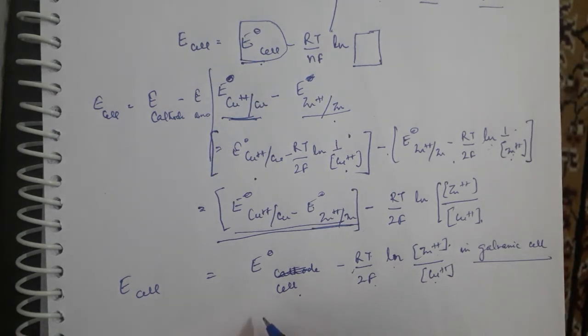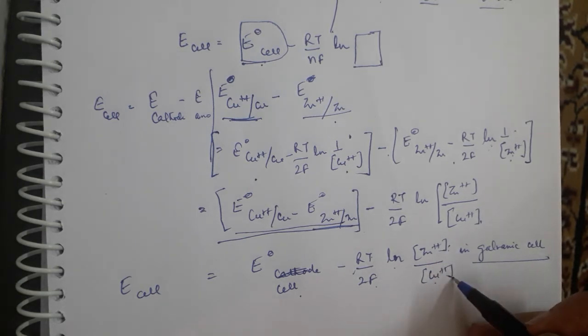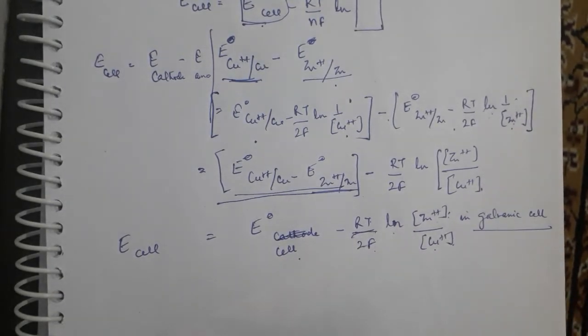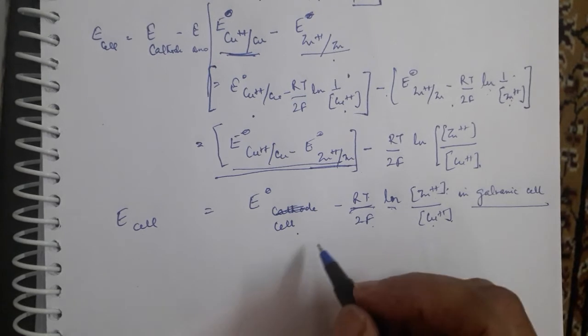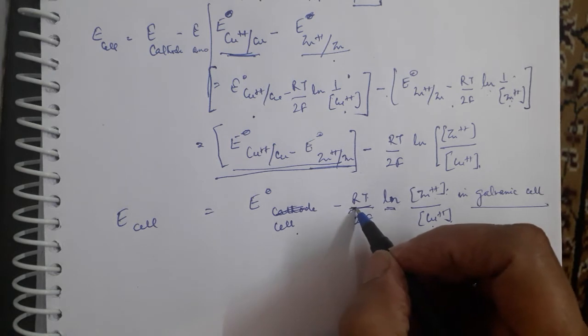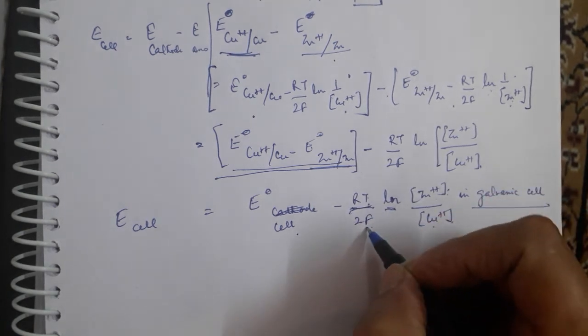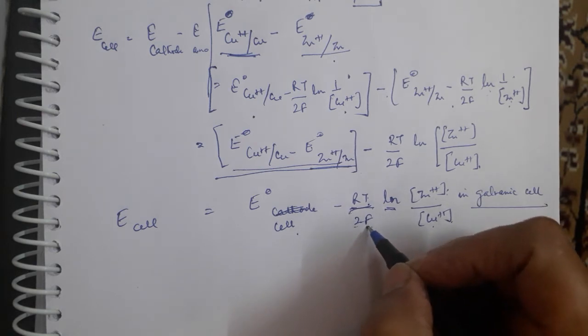This can be written for the different combinations of anode and cathode. Here, as we have taken zinc anode and copper cathode, we can write these R, T, F values, and we can convert this natural log to log with the base 10. Substituting the values, taking R as the gas constant, that is 8.314. T is the temperature, that is 25 degrees Celsius, 298 Kelvin. F is the Faraday, that we can take equal to 96500 coulombs. So 2 Faradays of electrons have been used up, that is 2 into 96500.